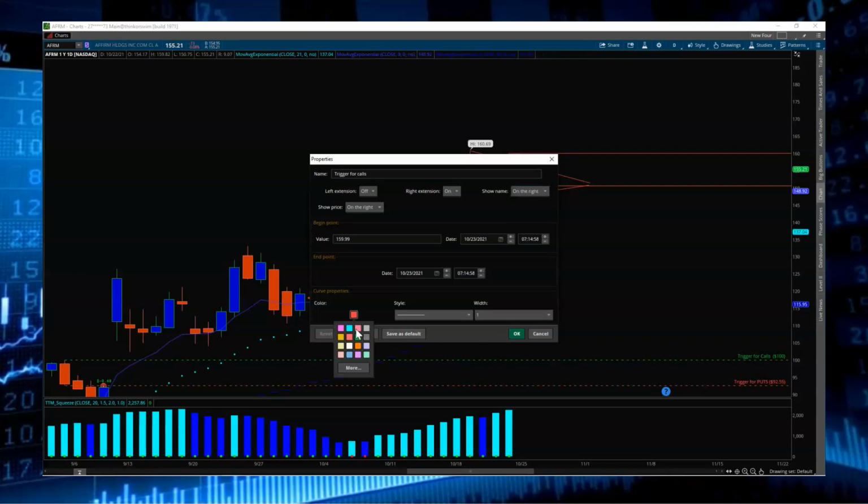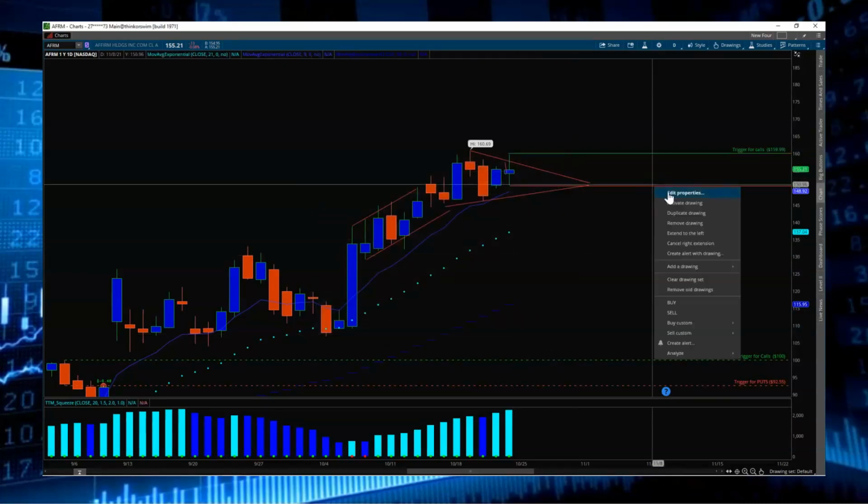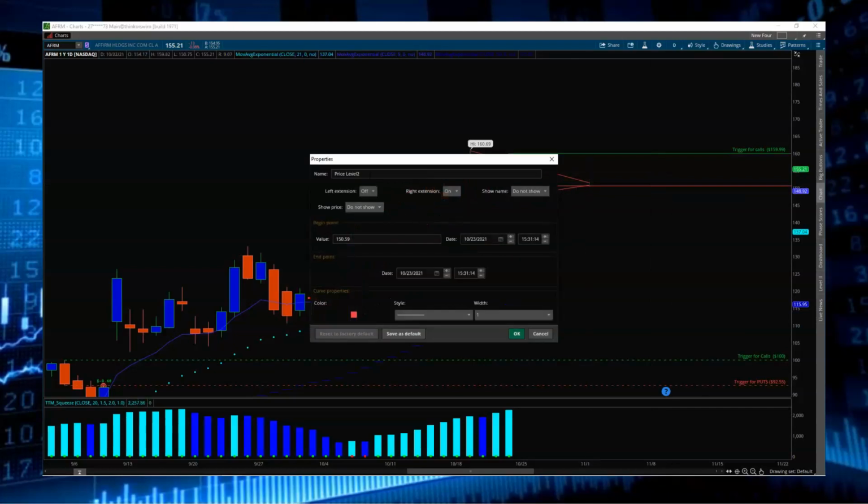Great. But yeah, I still mark these up too. So you can play this two ways. You can play it that way, or you may get an earlier entry playing the other way, right? But regardless of how you play it, you got to have a setup. And the most important part of the setup is